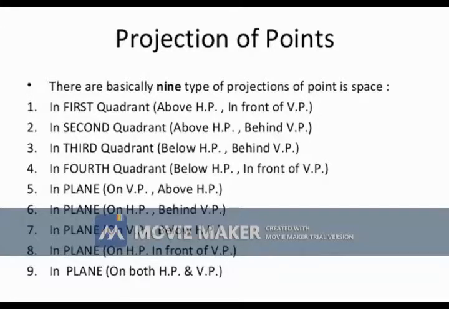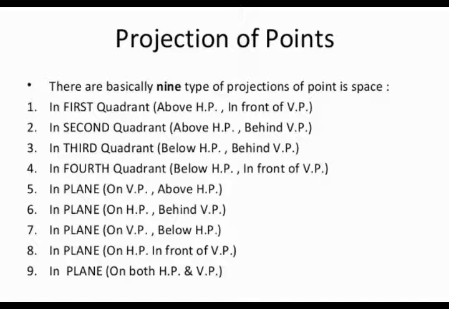So easy to understand is, if above HP, you want to project the front view above XY, and if it is given as below HP, you want to project the front view below XY. Clear? So HP above or below, you want to project the front view above or below with respect to the HP. And when it comes to VP, if it is in front of VP, you want to draw below XY, right? VP is with respect to your top view, right? Always the top view can be referred with the help of the vertical plane, the measurement with the vertical plane.